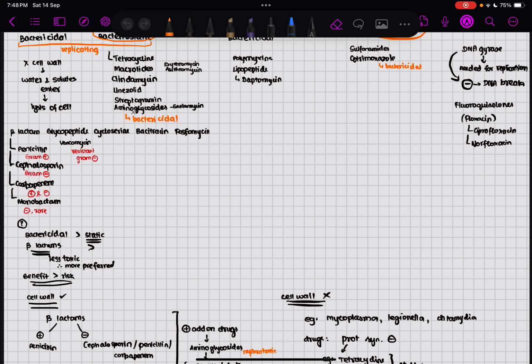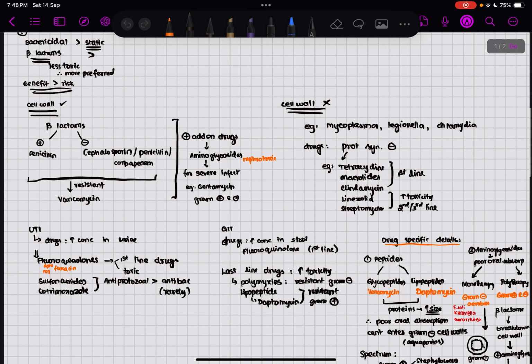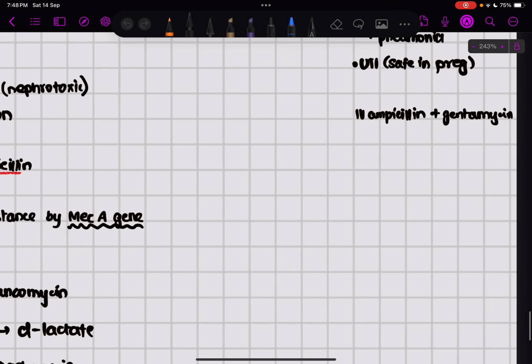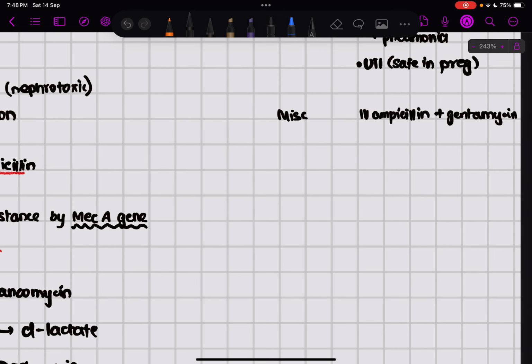Now here we have aminoglycosides. Aminoglycosides are bactericidal, and they can be used as add on drugs along with beta lactams. So we know that already, and this is the miscellaneous use. IV ampicillin plus gentamicin is used as a drug of choice in Listeria meningitis